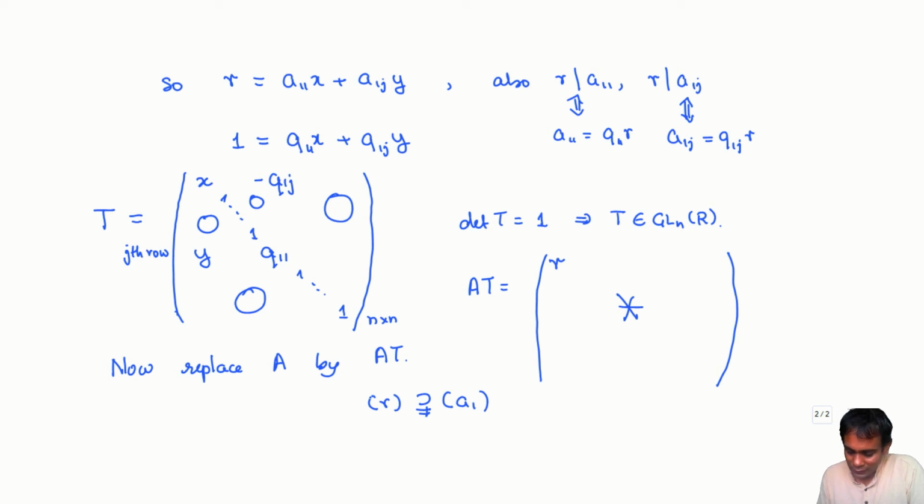But the result is not exactly the same. Earlier, what we did is we found R such that D of R is strictly less than D of A11. But here we are just finding R such that the ideal generated by R is strictly larger than the ideal generated by A11. So one more modification is needed. Of course, this kind of modification you can do even if you want to clear out all the entries of the first column.